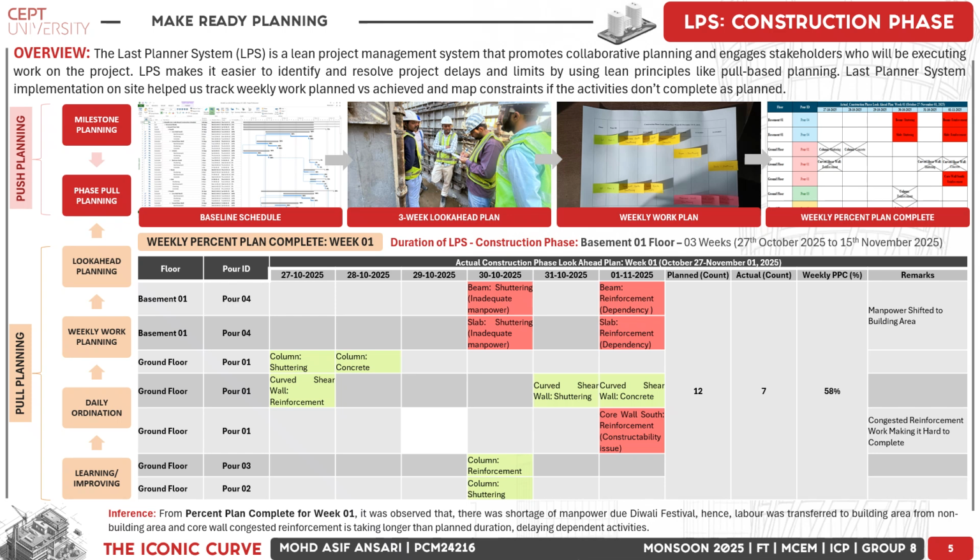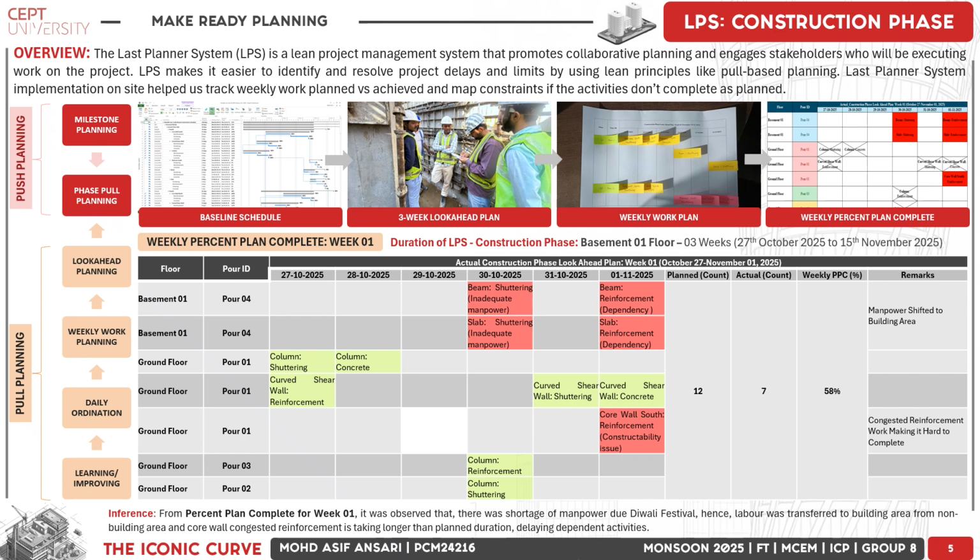For the Iconic Curve, we implemented the last planner system during the construction phase to enhance planning reliability for basement 1 and ground floor. Using milestone planning, phase planning, a 3-week look ahead, and weekly work plans, we monitored planned versus actual progress. In week 1, out of 12 planned activities, only 7 were completed, giving a weekly percent plan complete of 58%. Delays occurred due to inadequate manpower during the Diwali period and congestion in core wall reinforcement, which